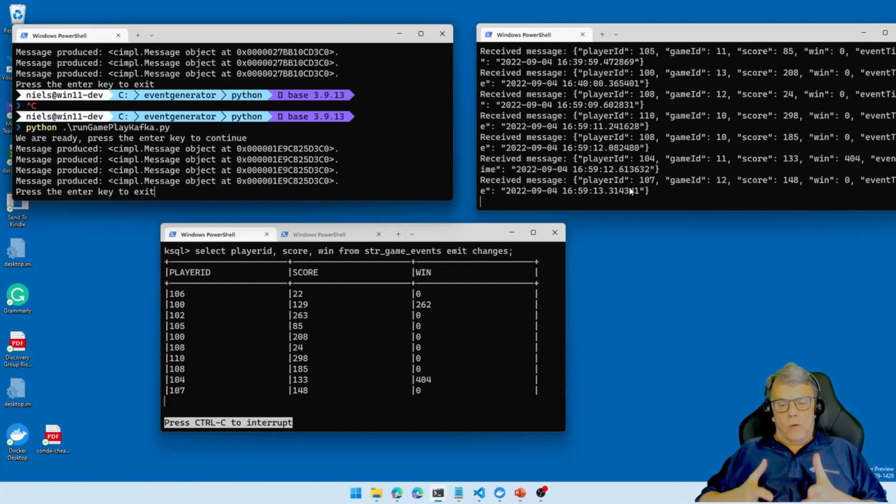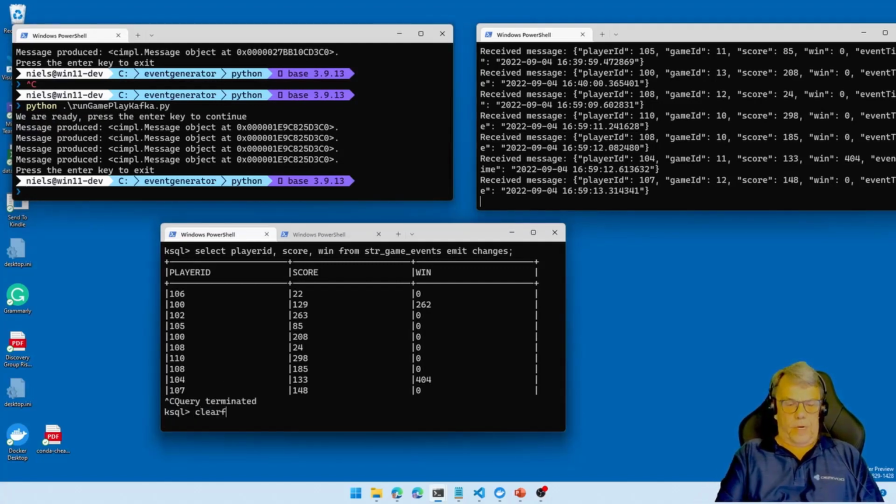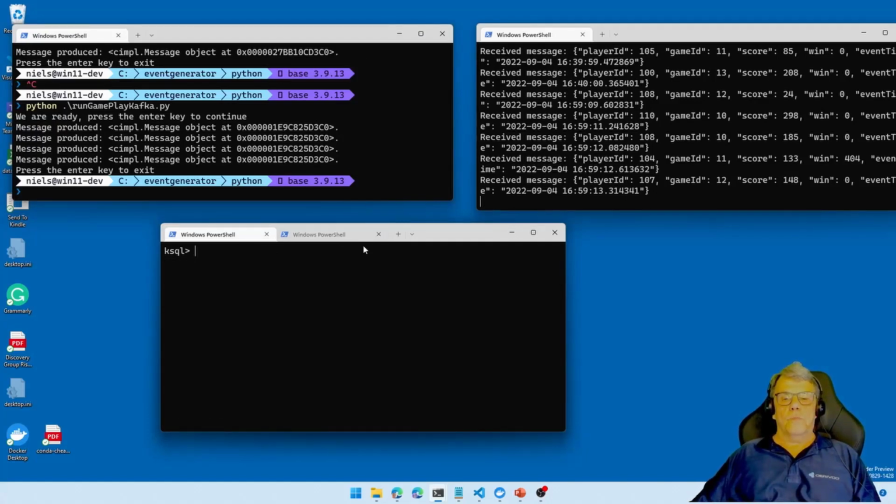So when you now want to work with stream processing in ksqlDB, the first thing you need to do is either to create a stream or a table over your topic. It's probably 9 times out of 10 you are creating a stream. So now we have my stream. Now then, what can we do? Let's exit out of there. Clear that out. That's cool.